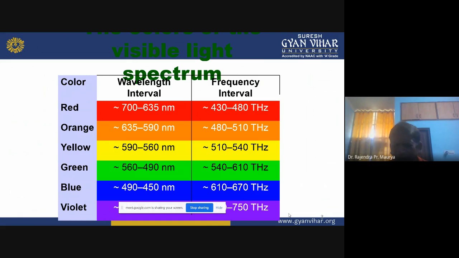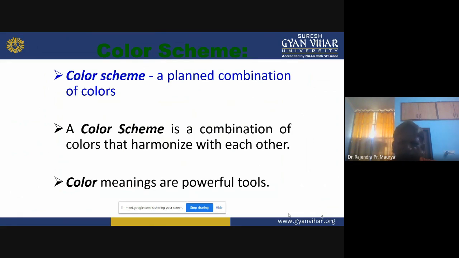Then orange 480 to 510, yellow 510 to 540, green 540 to 610, then blue 610 to 670, then violet 670 to 750. So we can say violet color has the shortest wavelength, but in terms of frequency it is maximum. Red color has the longest wavelength, but its frequency is very low compared to the others.